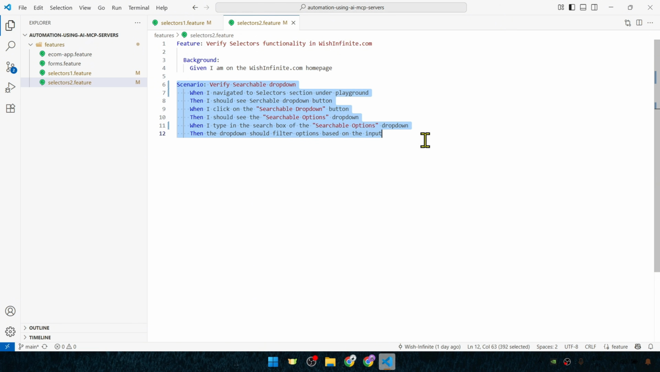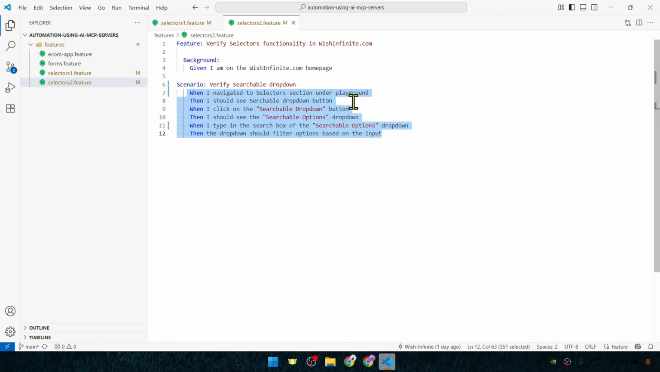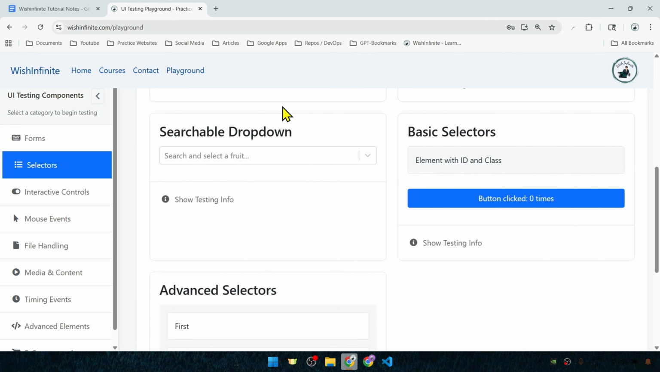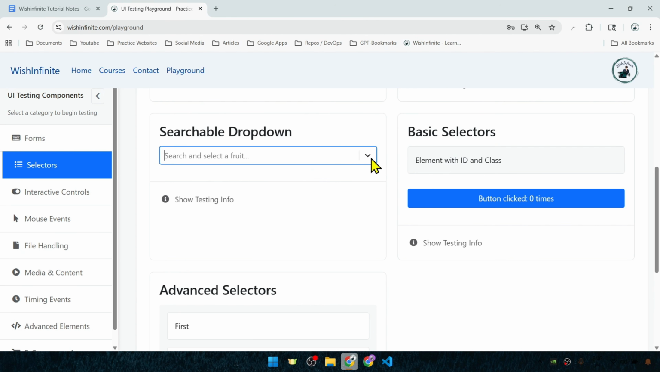And then I've just mentioned one scenario, verify searchable dropdown, which is this one. Here these are the different test steps: when I navigate to the selector section under playground, then I should see the searchable dropdown button, which is this one. And when I click on the searchable dropdown button, I should see the searchable options dropdown. So here we have mentioned that we need to click here and then we should be able to see this